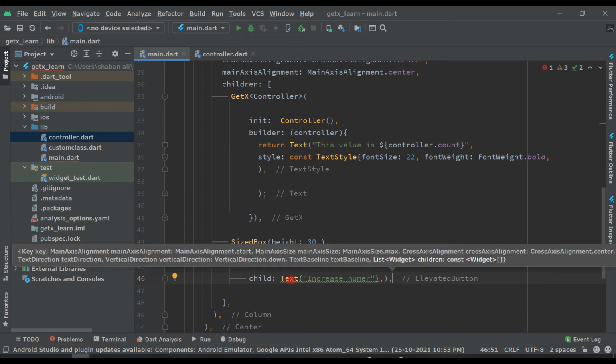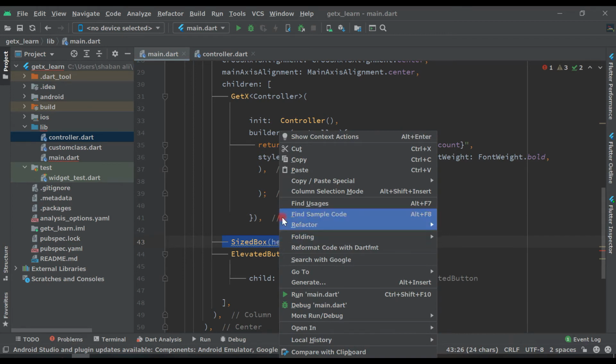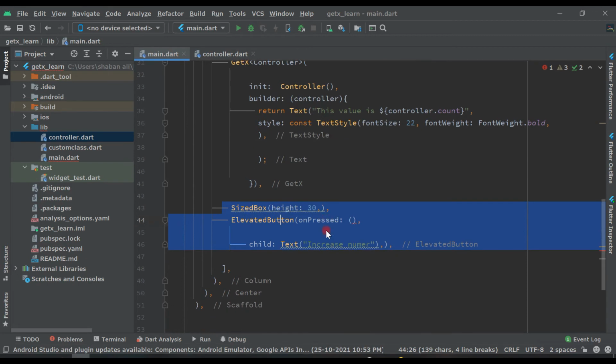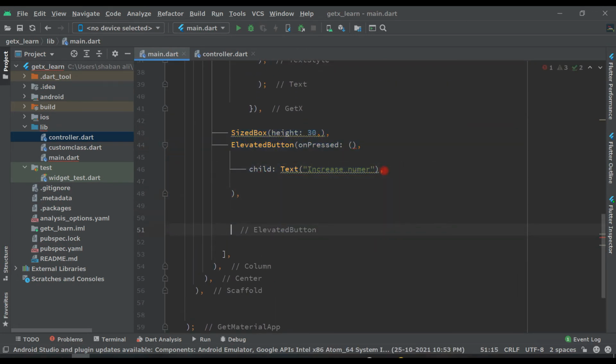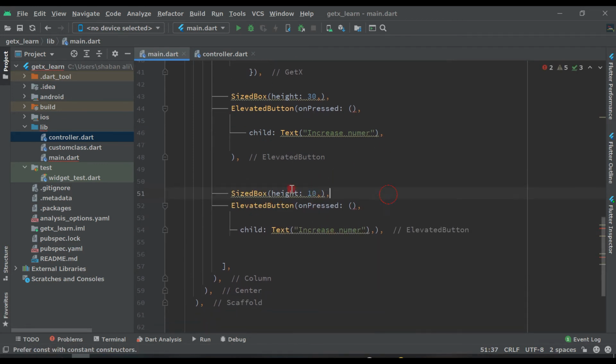Then after this, copy this size box, copy full button till here, copy all code and come here, and after this elevated button, paste here again, and change this 30 to 10, put const here and also const, and here number.